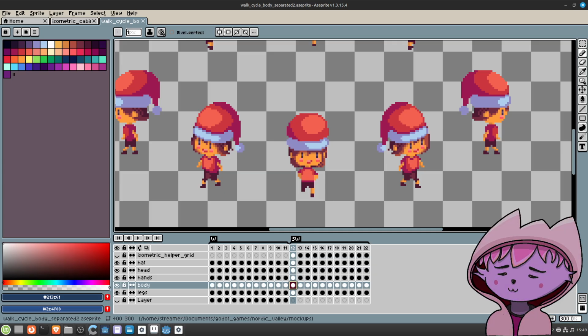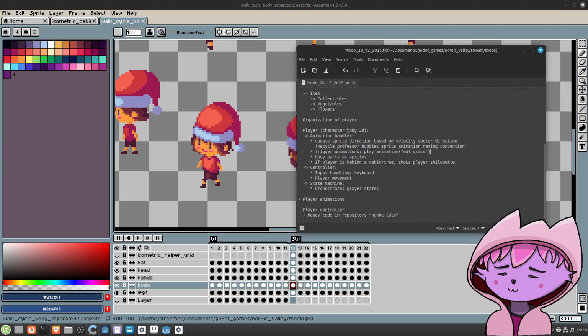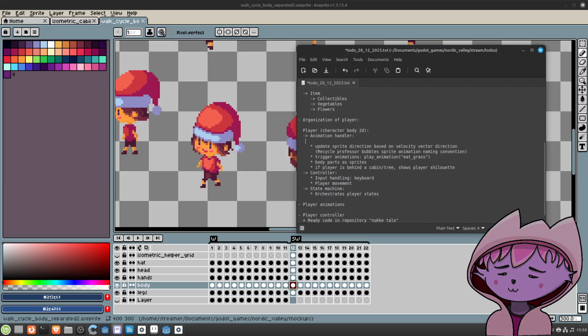And now we come to one very important point. The state machine doesn't have any information about some external factors, like the player is carrying a lantern or the player is carrying a flower. So the animation handler should have information, and that should somehow come from the player class.